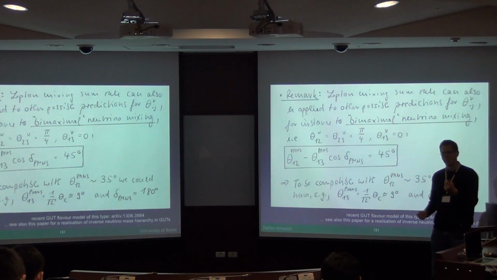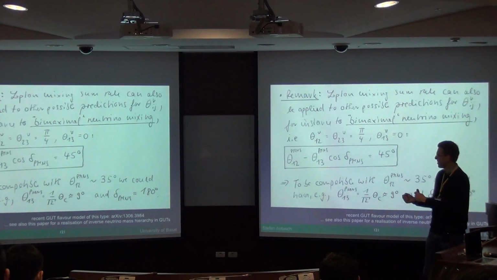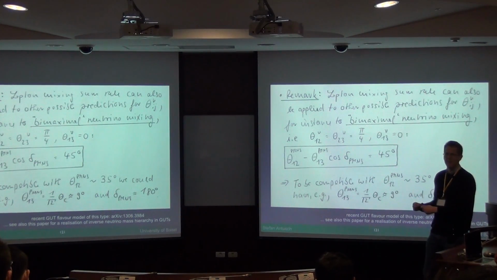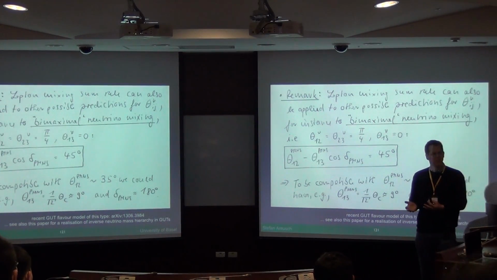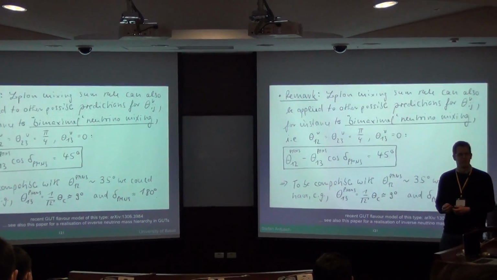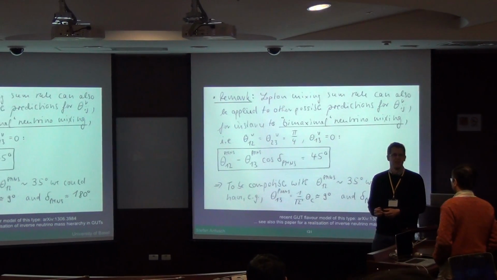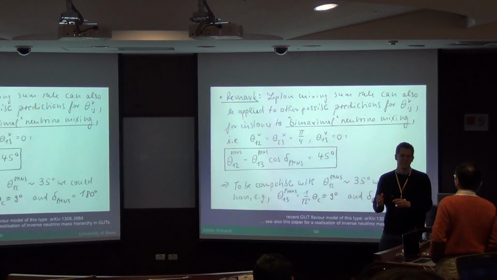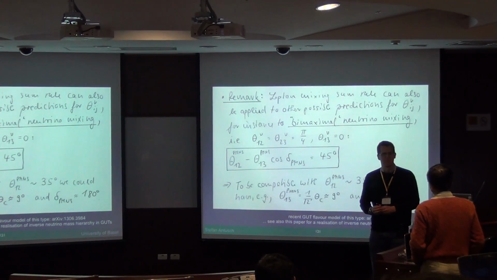Yes, I see some slight preference: the trimaximal mixing pattern is normal hierarchy, and the inverse pattern is bimaximal mixing here. But this is maybe only these two examples. I don't know if this is extremely general, but both of them can be constructed. And then for the general spectrum, I said that it would definitely point maybe to type 1 plus 2 seesaw, which also works nicely in left-right symmetric and unified theories. So all these three possible spectra can, I think, be very well realized. But they point to somewhat different